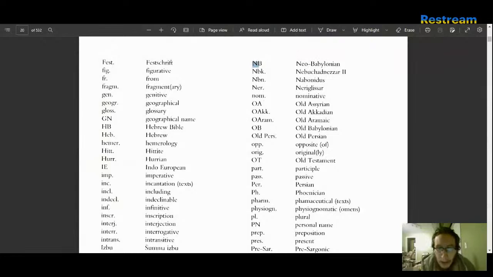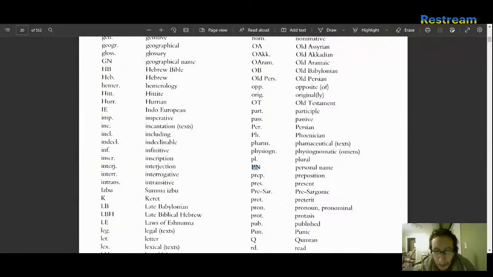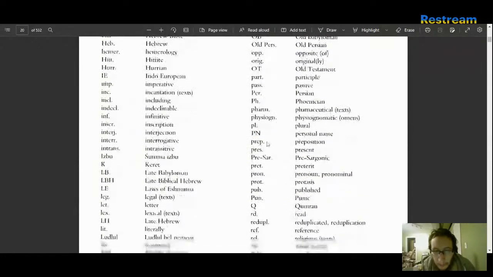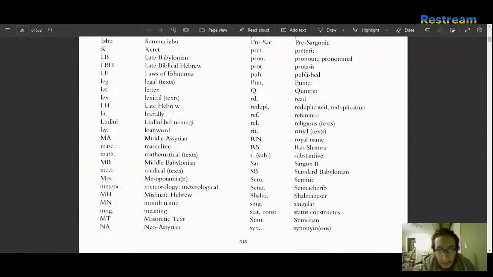Okay. NB, Neo-Babylonian. OA is Old Assyrian. OAKK, Old Akkadian. ORM is Old Aramaic. OB, Old Babylonian. We have the Old Persian here. Okay. PN is personal name. PH, Phoenician. Qumran, the Dead Sea Scrolls. SB is Standard Babylonian. So these are basically different periods of time where the language of Akkadian is preserved in